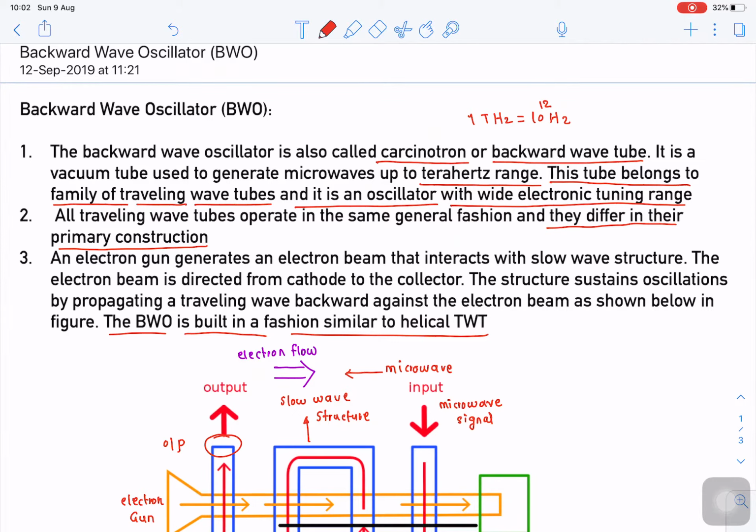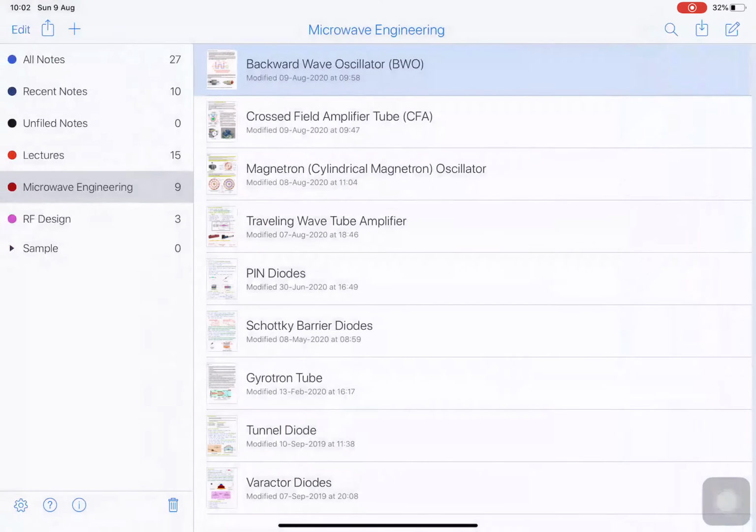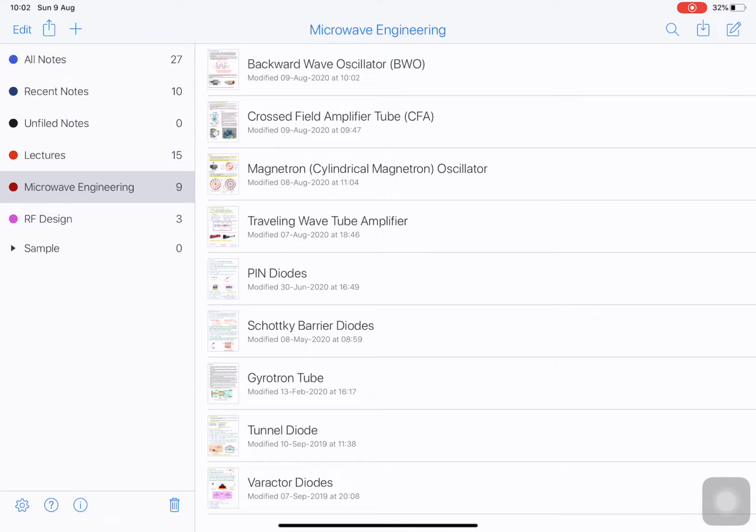Okay, so let us go ahead to the remaining last type of microwave tubes, which is special in the construction, and actually it doesn't belong to either of the primitive family types of microwave tubes. The construction and the working principle of this tube is altogether different from the primitive tubes. This particular tube we call a gyrotron tube. So let us go ahead and see how it looks and how this particular tube operates and how it is going to be different from the earlier studied tubes, right? So let us go to the gyrotron tube.